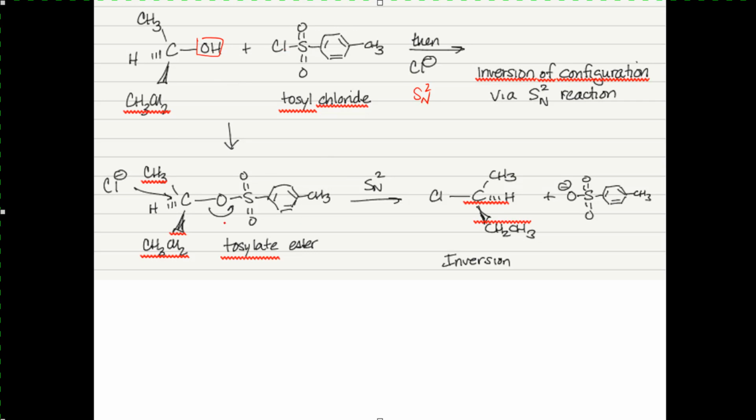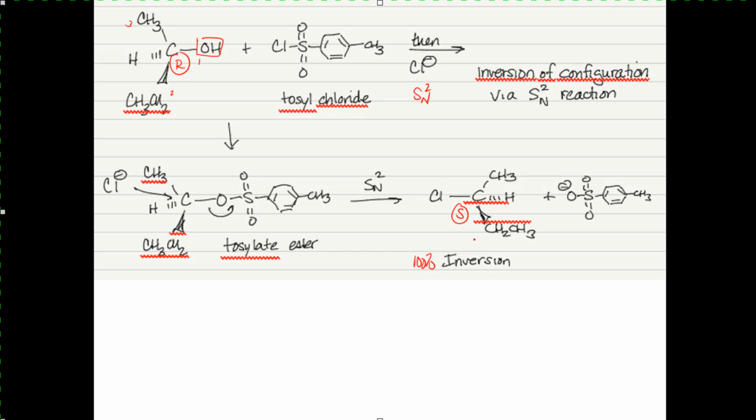I end up forming the tosylate ester as we saw earlier. Now the chloride can come in and do backside attack on the tosylate ester and kick off the leaving group, so that now I can make the inverted product. So if I started over here with group number 4 away, so this is 1, 2, and 3 clockwise, if I started with the R, I would end up with the S with 100%